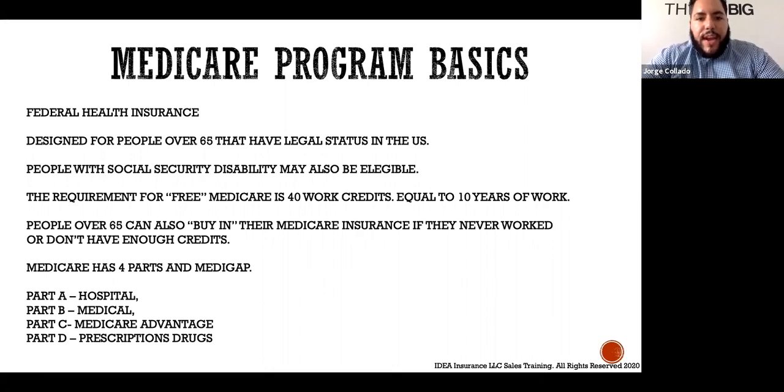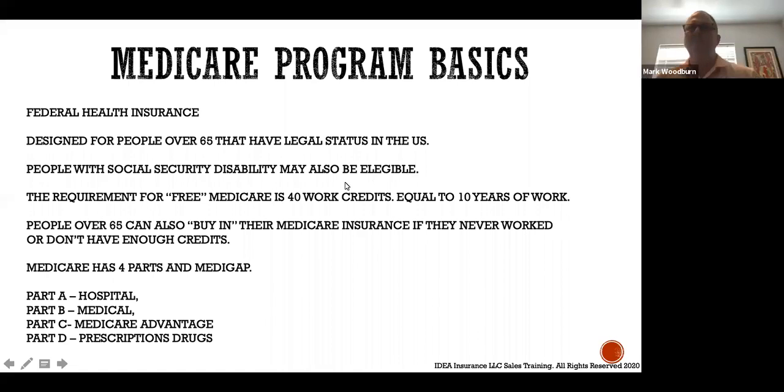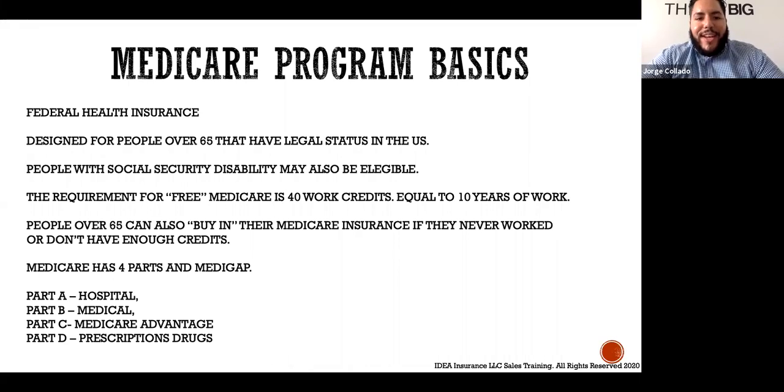Once approved, they have a 2-year waiting period before they get Medicare. The reason for that is they want to make sure that the person is actually disabled, that they're actually eligible for health insurance, and that they're not going to go back to work. So people approved for Social Security disability are also eligible for Medicare after a 24-month